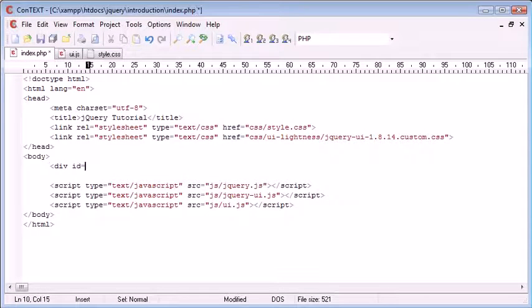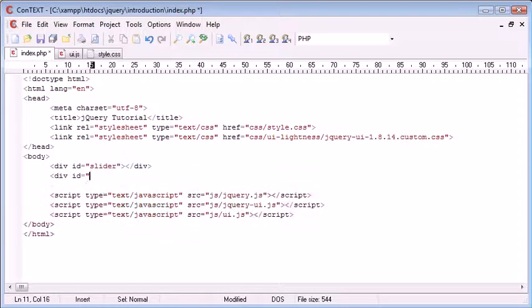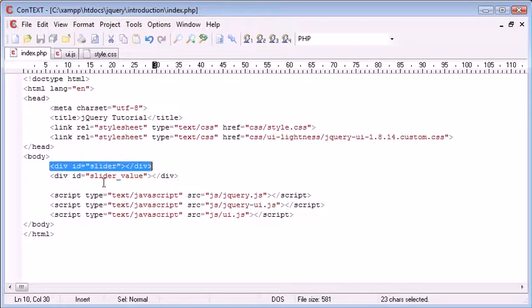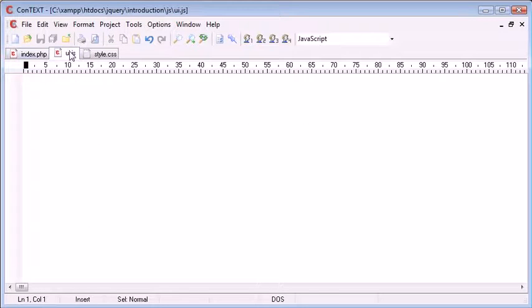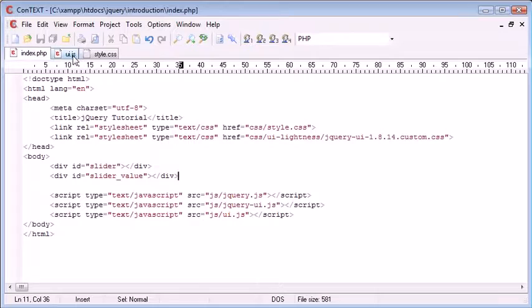So the slider we're going to place into a div element on our page. I'm just going to call this slider, and underneath I'm going to have an area for the slider value. So I'm just going to call this div slider value. The slider is going to be implemented in here, and the value associated with the slider will go into this div here. So if we go over to ui.js, which I've included on my page,